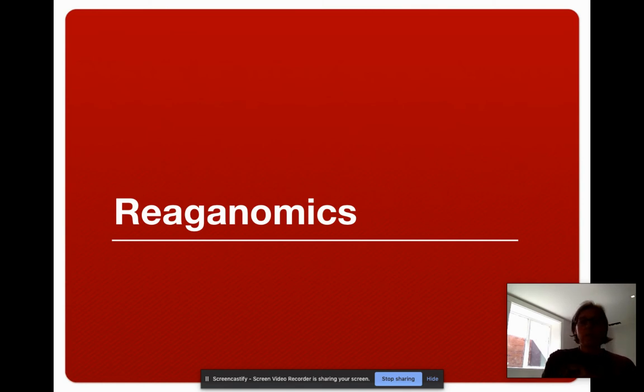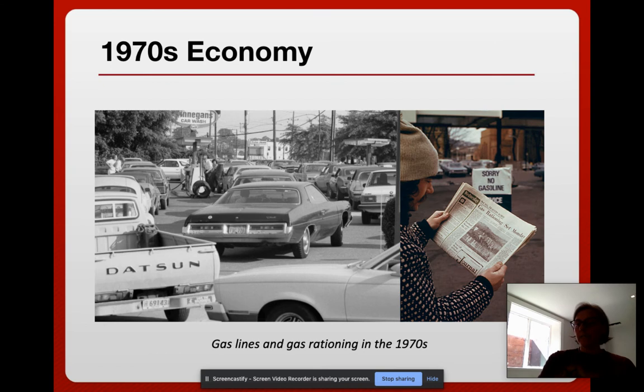Okay, so Reaganomics. In the 1970s, the American economy grew dramatically in the years following World War II, which is called the post war economic boom. From the end of the war to the early 1970s, the amount of goods and services that were produced in the United States increased enormously. The prosperity increased the standard of living for most Americans, and the average American worker saw economic gains